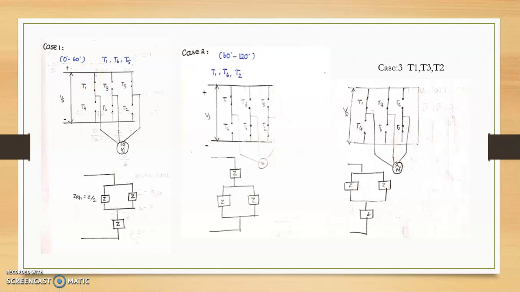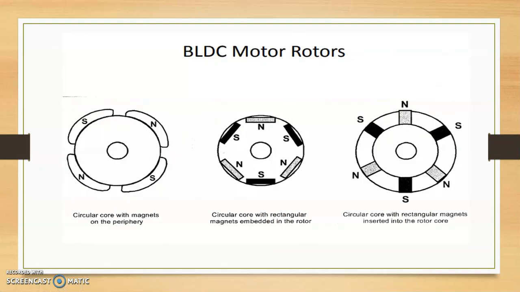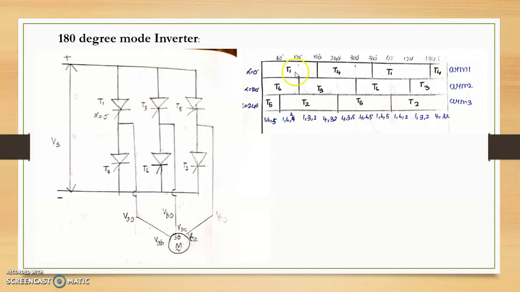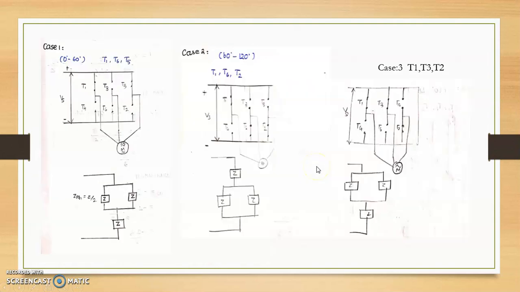We already know in case 1. How the cases will be considered is, we have to know the simple construction. When you draw this arm 1, arm 2, arm 3 conduction, each 60 degree the switching operation will change. For example, if you consider this as a 60 degree, in 60 degree arm 1 T1 is turned on, arm 2 T6 is turned on, arm 3 T5 is turned on. That is explained in case 1.